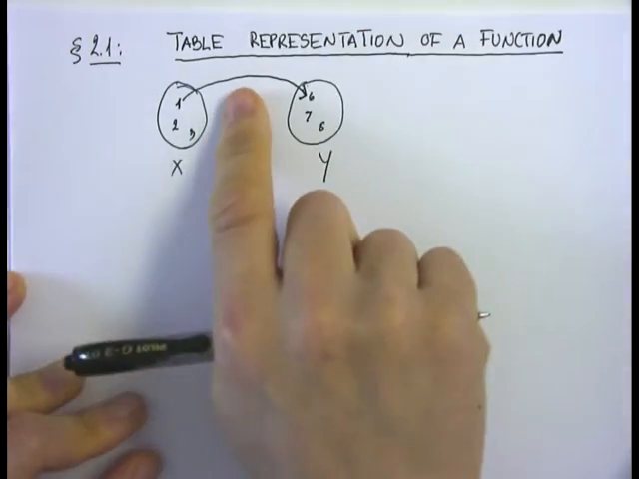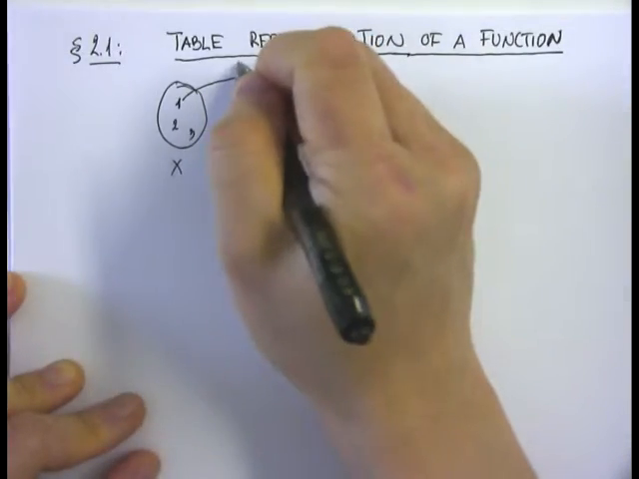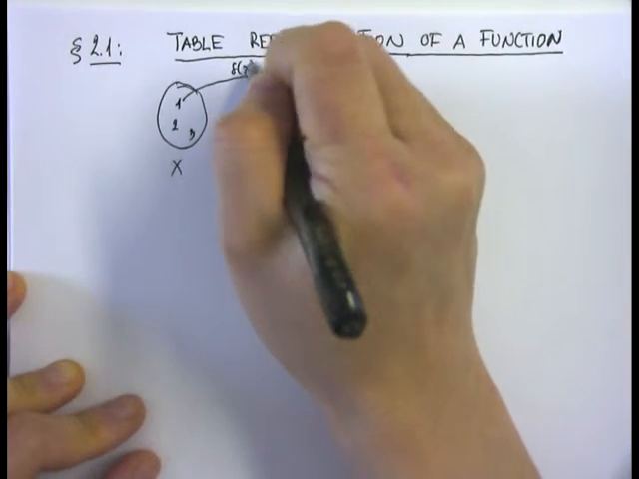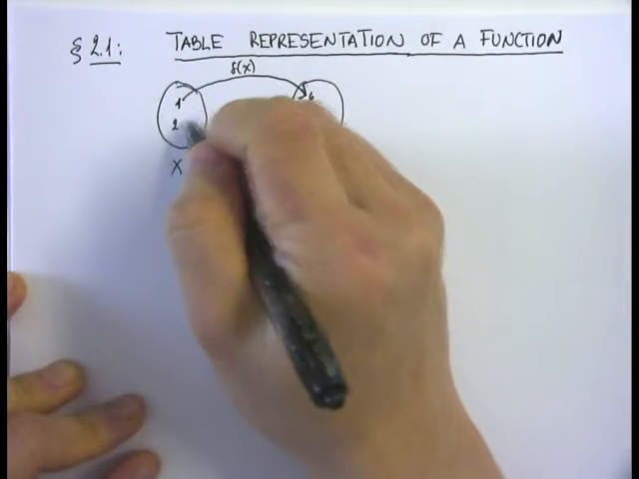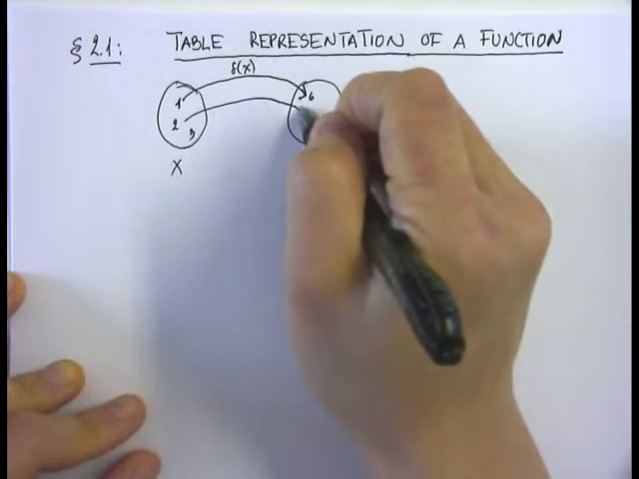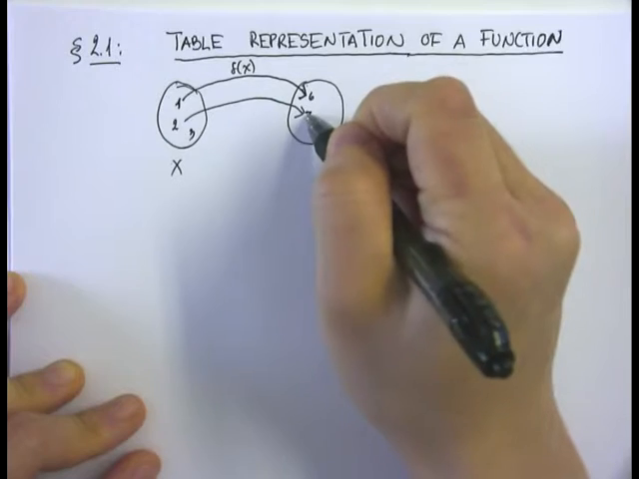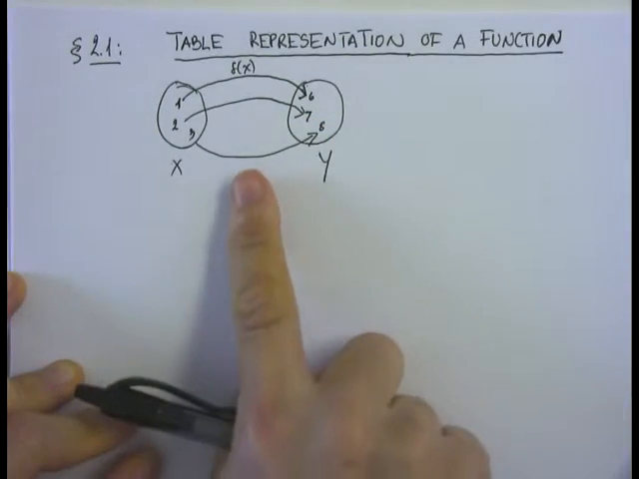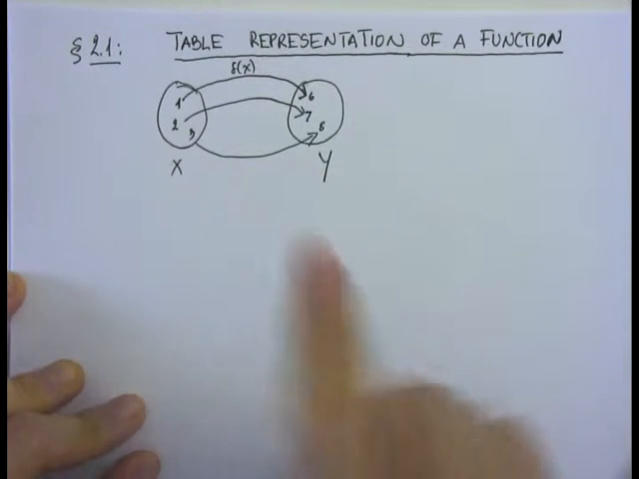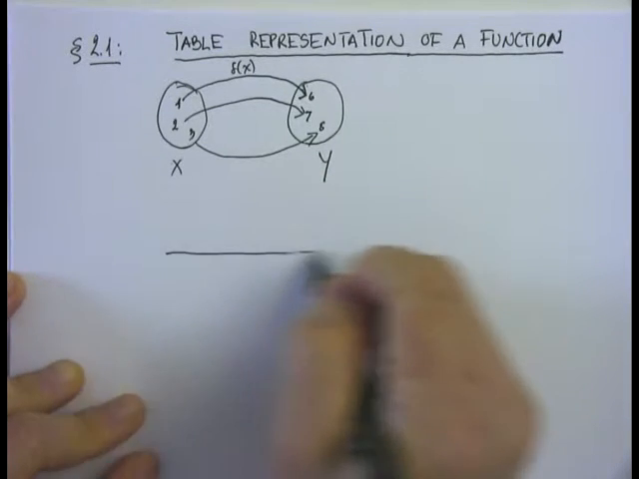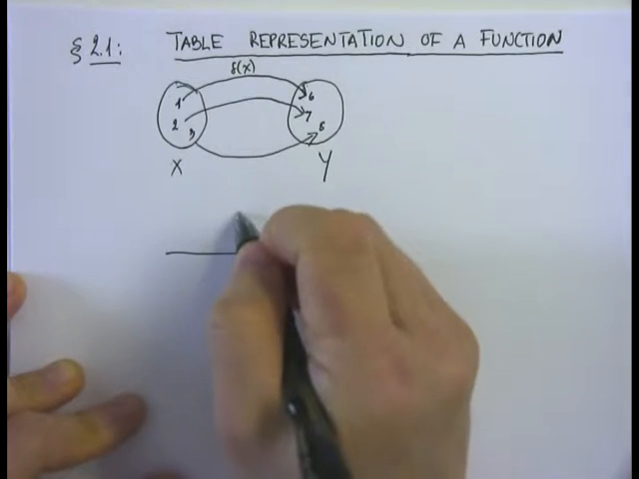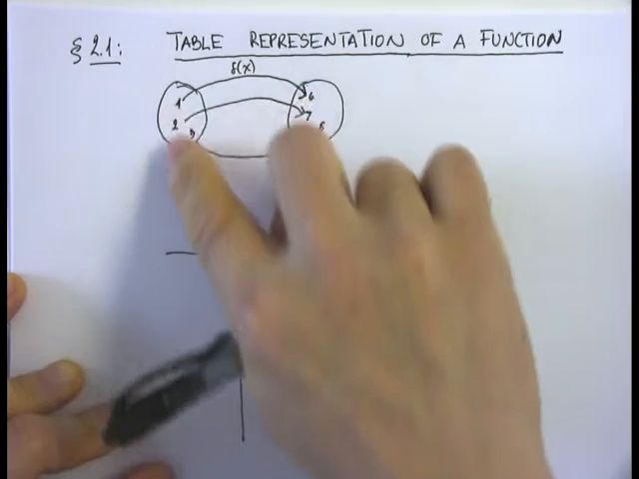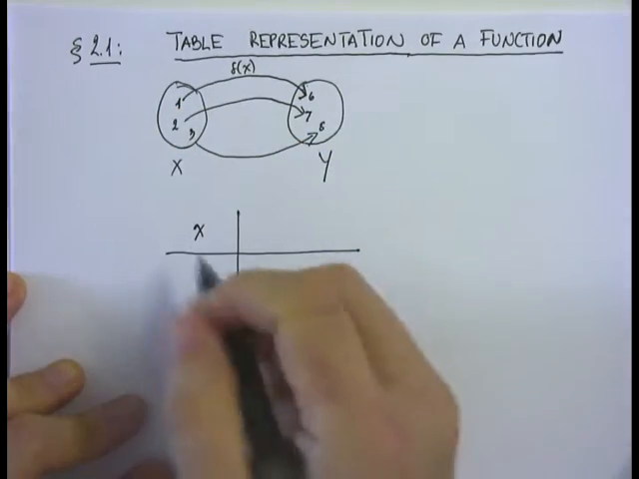For now we don't have to be concerned with how it maps. All we know is it's a rule that maps a member from x to a member in y. Now this kind of diagram is sometimes confusing, so an alternative way to represent a function is using a table. All the members of the x set can be laid down